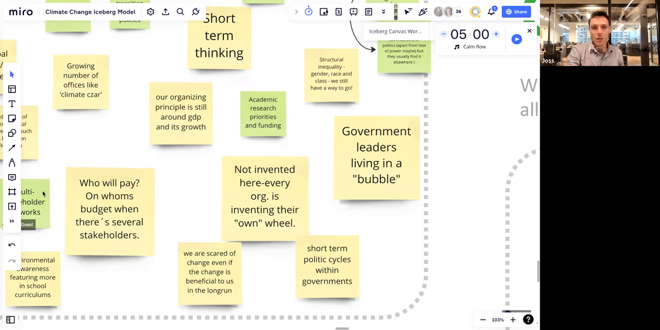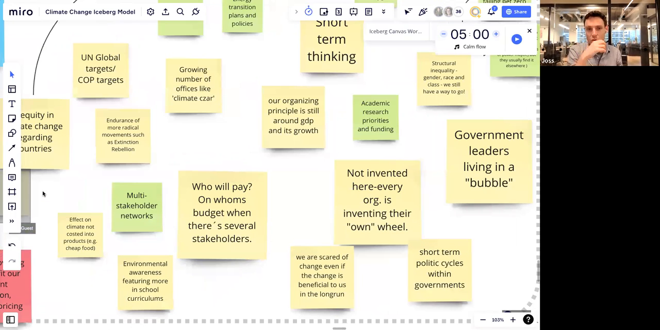Yeah, who will pay on whose budget when there's several stakeholders. Yeah, the actual structure of the business model, should we say, and the value flows isn't really set up in a way to deal with collective commons kind of issues, funding the commons, should we say. Multiple stakeholder networks effect on climate not costed in production, e.g. cheap food,